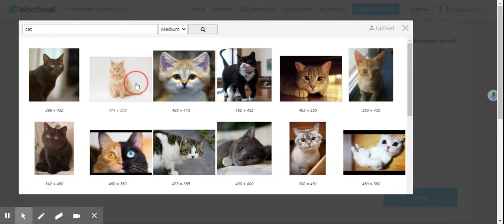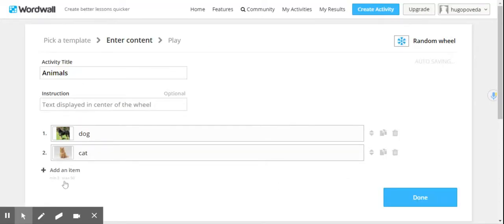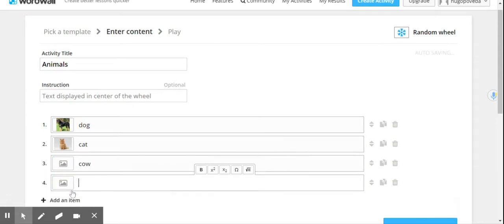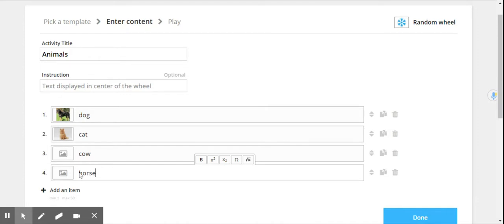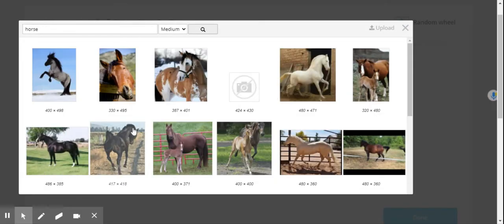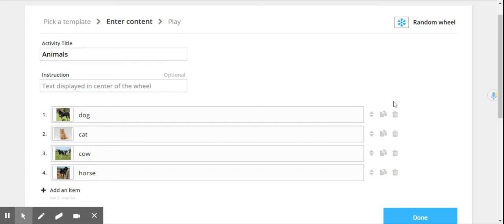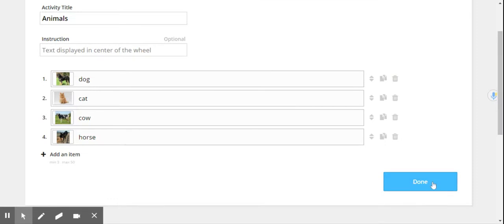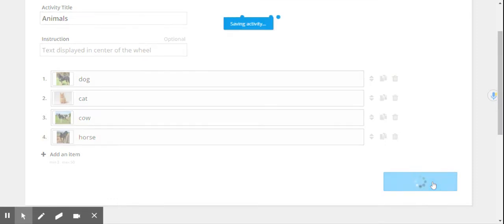And for this game, you have to add a minimum of 3 items. I'm going to insert another one. I forgot here the picture and then the picture here. Okay, so once I have my content done, I click on this button to start playing the game with my